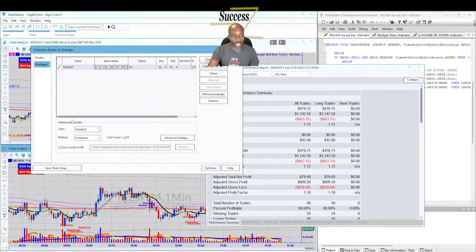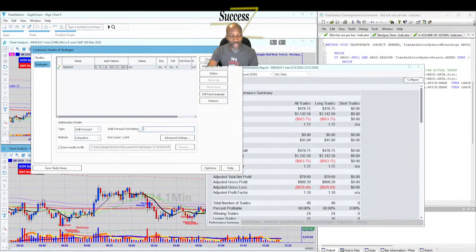And now instead of hitting optimization details, instead of standard, you go to walk forward. And yesterday I found out that walk forward optimization wants you to at least have a test count of 1694. You're going to have a different number of tests based on how many values you have here and how many increments you use. So we're just going to put